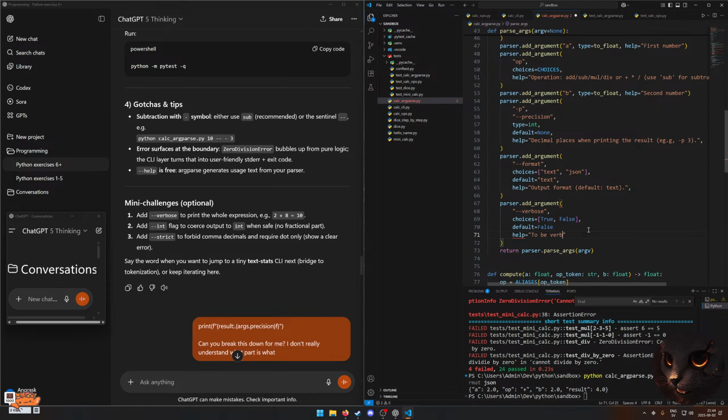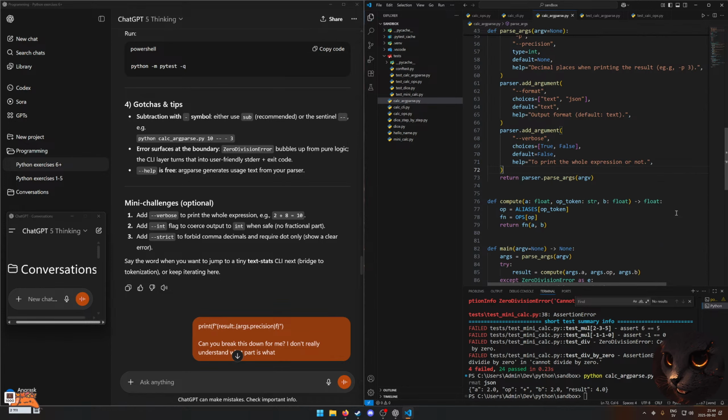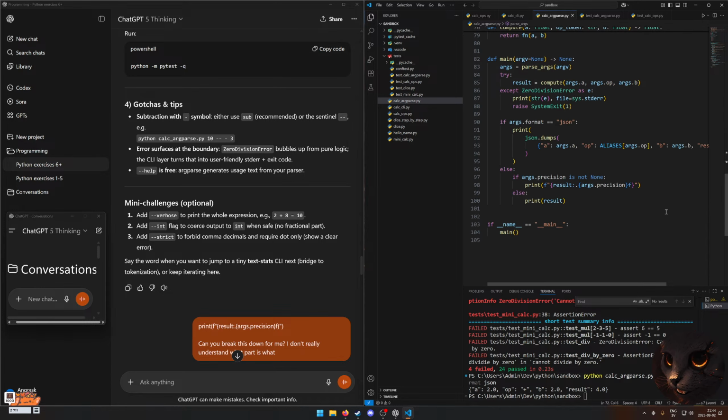To be verbose or not. Well, to print the whole expression or not. Okay, and then down here,